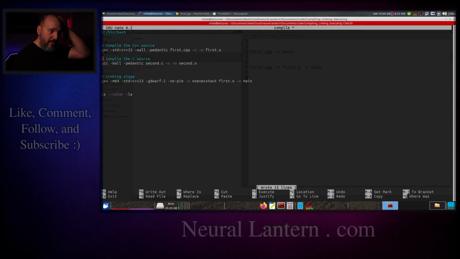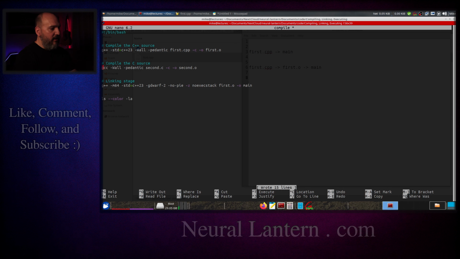Something that I just realized I should mention too is that when you're making hybrid programs like this, or programs where there are just many, many source files, like I said before, you don't need to have a source code named main.cpp. You can name all your source codes anything that you want. The one thing that you really do need is a piece of source code